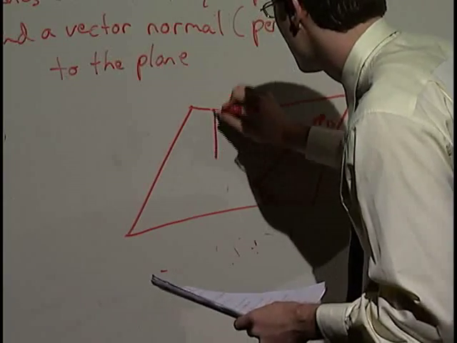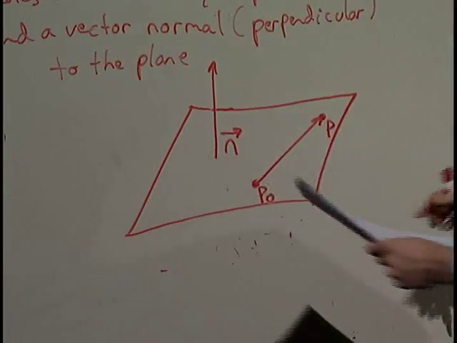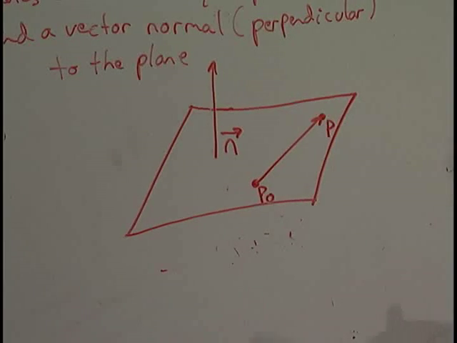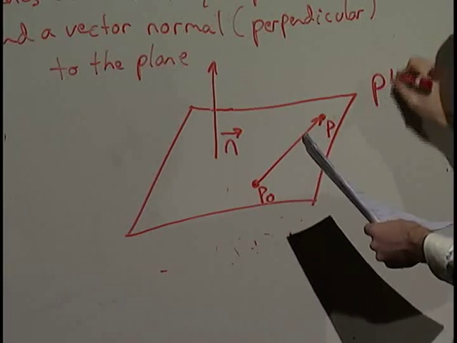We had a normal vector there. All right. So there's a normal vector pointing straight up out of the plane, perpendicular. And so what is this thing? Well, plane M